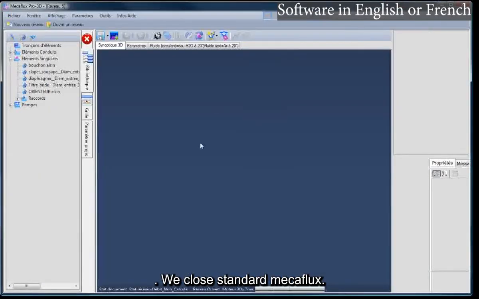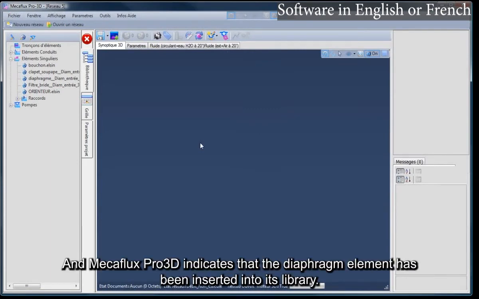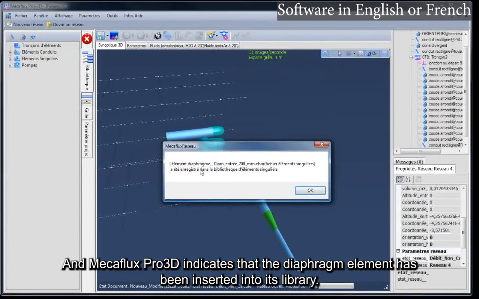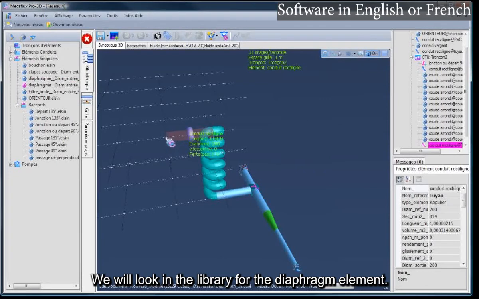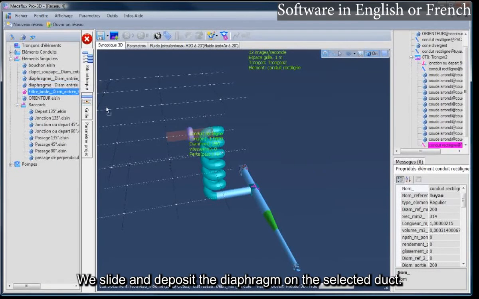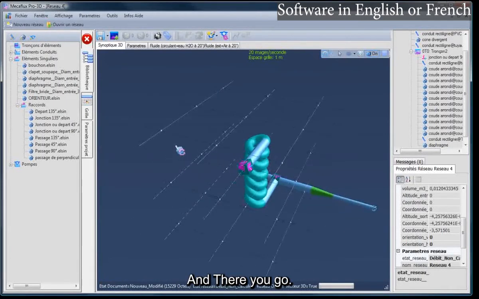We close standard MakeFlux. And MakeFlux Pro 3D indicates that the diaphragm element has been inserted into its library. We will look in the library for the diaphragm element. We slide and deposit the diaphragm on the selected duct. And there you go.